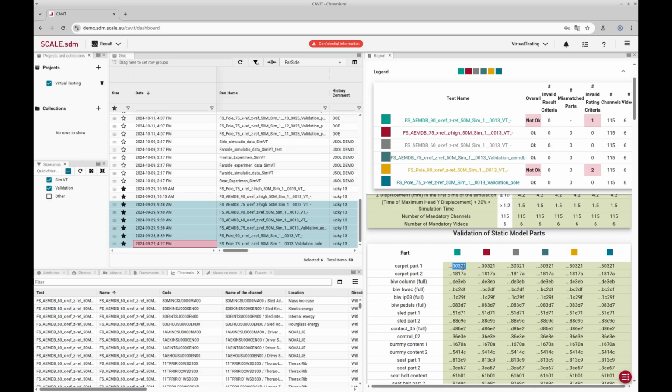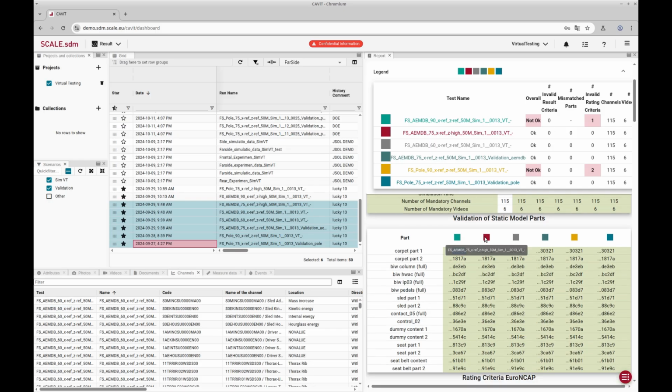The value of the hash itself is not that important. The first selected simulation result here is used as a base for the comparison, and all of the following selected simulation results are compared to the base one. And as soon as the hash for any model part from the following simulations differs from the base one, this will also be highlighted in red.